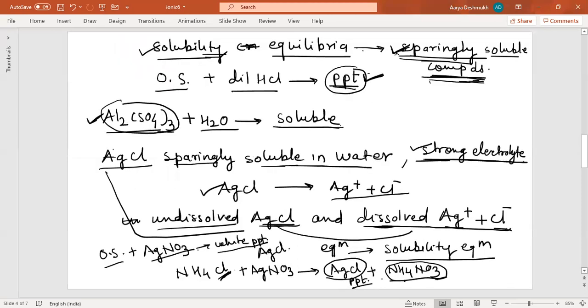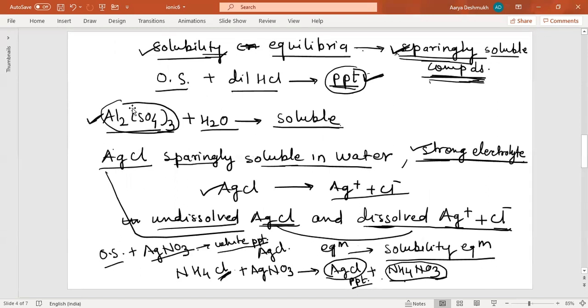Now the next will be solubility equilibria. When we talk about solubility equilibria, we are considering only sparingly soluble salts. Remember, I wrote here, sparingly soluble compounds are always considered here. So silver chloride, here silver chloride,